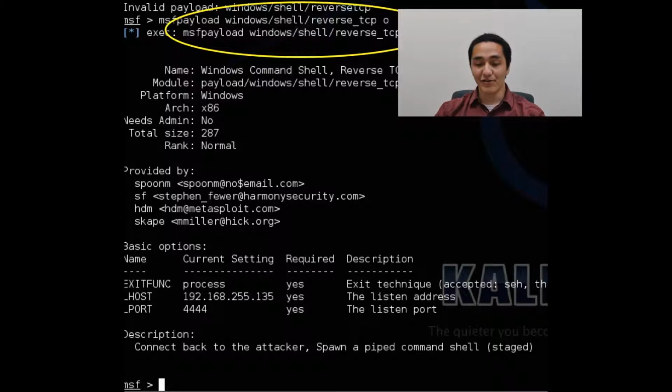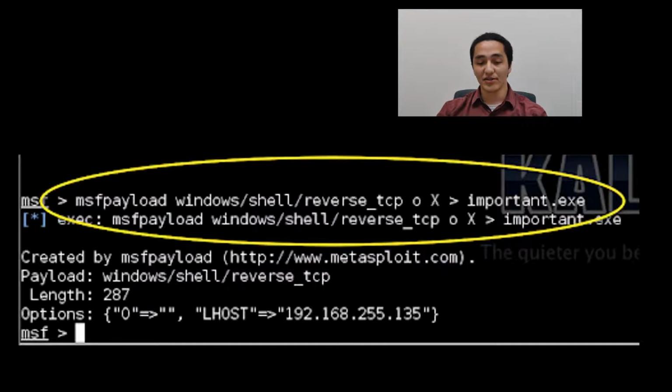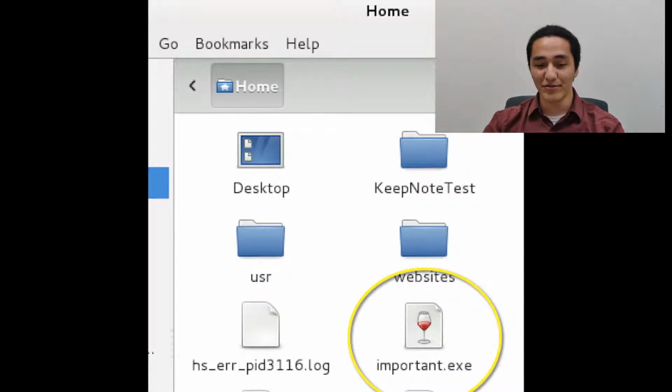Metasploit can generate different file formats. For this example, I'll generate an executable called important.exe using the X > important.exe after the original payload command, as shown. This file should now be in the root folder. If a remote system executes this file and that system is vulnerable to this exploit, I will gain remote control